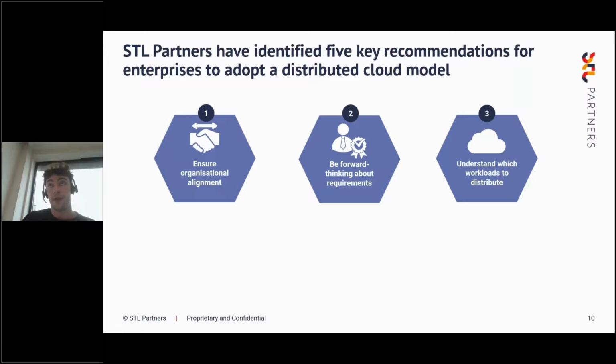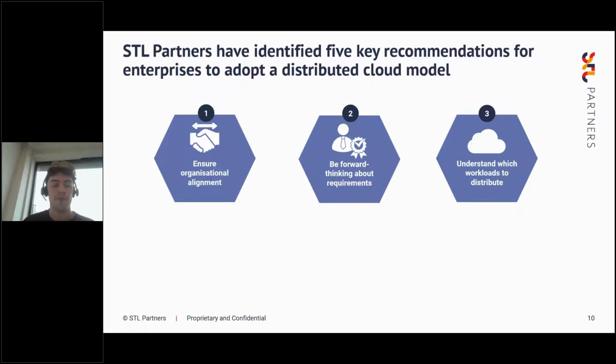And the final recommendation of these first 3 is that for enterprises to understand which workflows to actually distribute. So I mentioned earlier that more than 70% of today's internet traffic flows through some form of distributed compute architecture, and alongside content distribution, this is a well-known strategy for large internet companies to improve performance. And I'll just restate again that enterprises should also realize that distributed compute can have a significant impact on